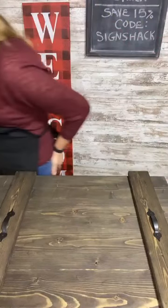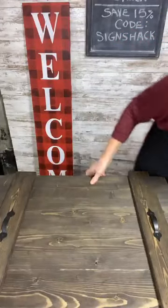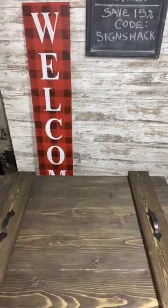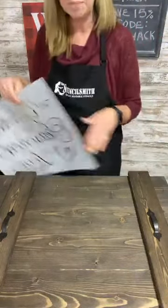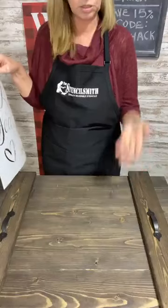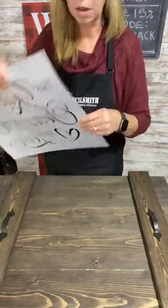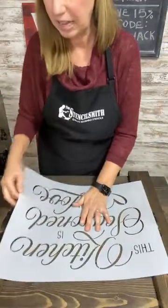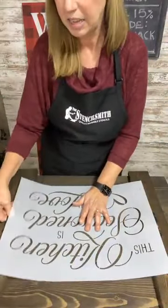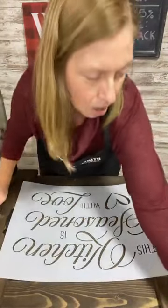Oh my goodness, I don't know what I did with my stencil. Can you believe that? There it is. I don't have very much room here on this table. I'm looking into getting a bigger one, but everything that is adjustable is not as wide, but it's longer. So to stencil it the way I want it, if I went ahead and nailed these ahead of time, it's going to be raised